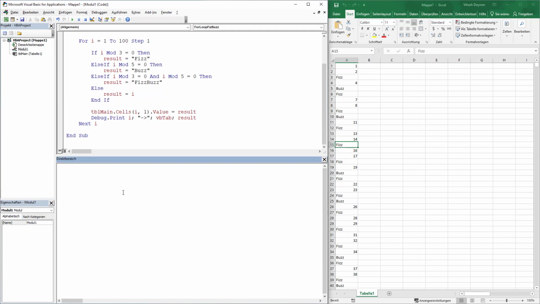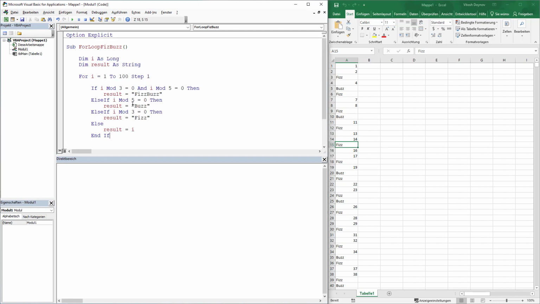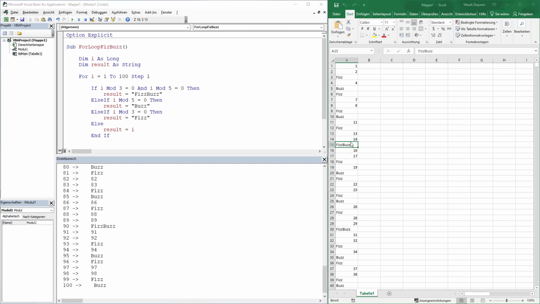So what should we do? Well, in this case, we should switch the conditions a bit. This one should be added here. So the first one is the check whether it's FizzBuzz at all. If it is FizzBuzz, then we write FizzBuzz and then we escape. Otherwise, we check for buzz. Otherwise, we check for fizz. Let's run it. And yeah, so the kids that are playing start 1, 2, fizz, 4, buzz, fizz, 7, 8,